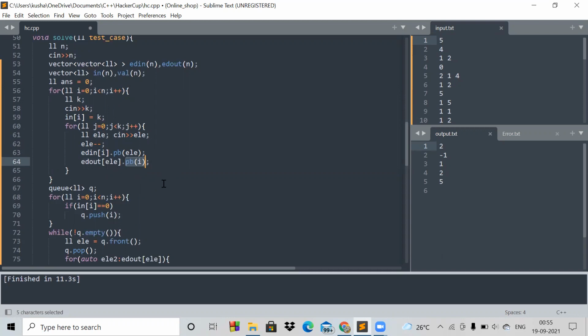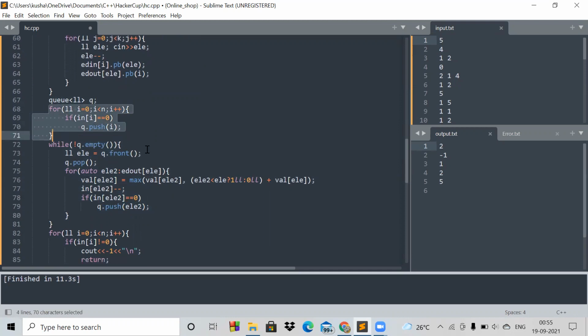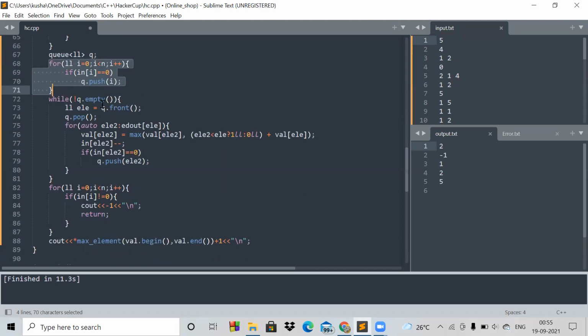and in the edges going out of that book we will have an arrow from that book to the current book. Then I have implemented the topological sort with a queue. First I have pushed all the elements which have in degree as 0 in the queue. Then I have run a while loop. While the queue doesn't get empty, I will run this loop. I take out an element and then check all the elements which have an edge from this current node.